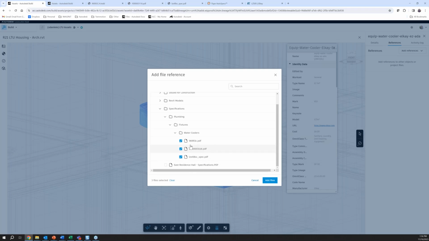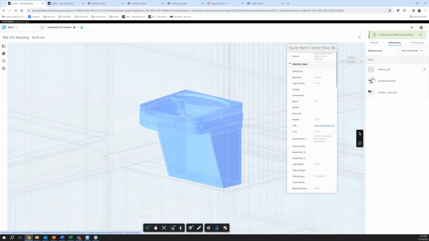If I just want to assign those to that object, right from Build, now this asset directly ties to these reference items. So someone in the field, we can change the status of the asset from ordered to installed to operational. And if they do have a barcode associated to this object, or if you even just search for a specific water cooler, you can do this in a lot of different ways. You can assign location information to these objects, but somehow it's easy for you to filter down to this component, and that component in the field, we can pull up things like